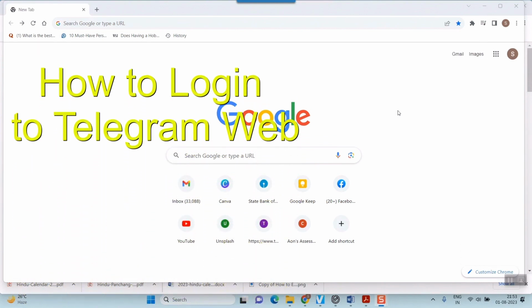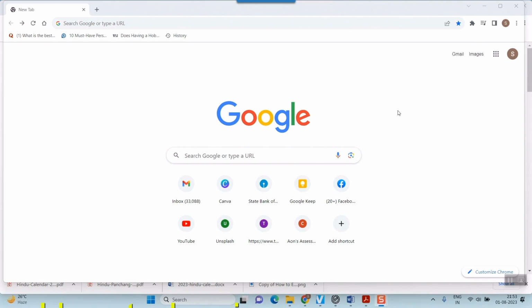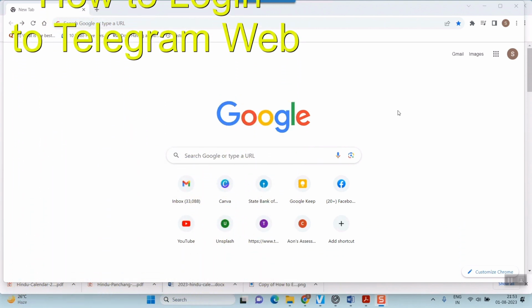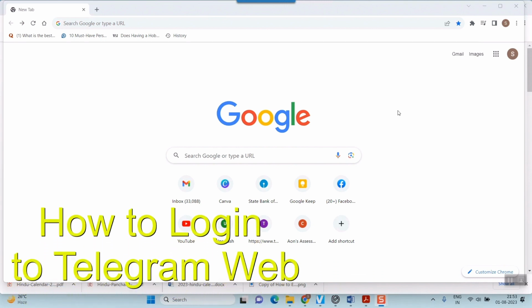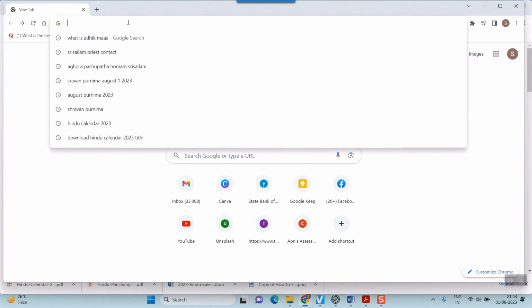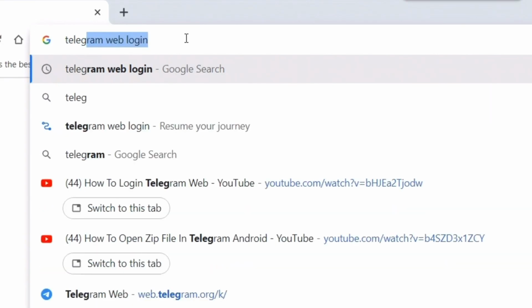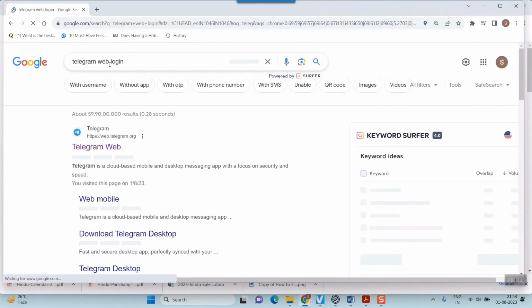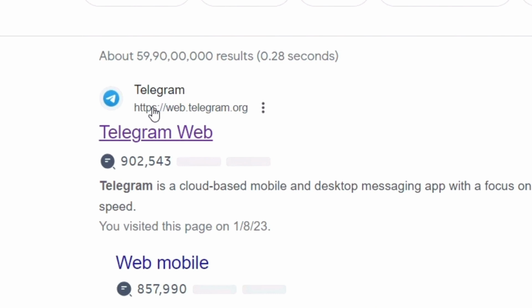Well, here we'll see how to log into Telegram Web, that is the desktop version of Telegram app. So I'll show you how to do that. So first of all, you have to go to your browser on your desktop or on your laptop and just write Telegram Web login. So once you search Telegram Web login, the first option most probably would come like